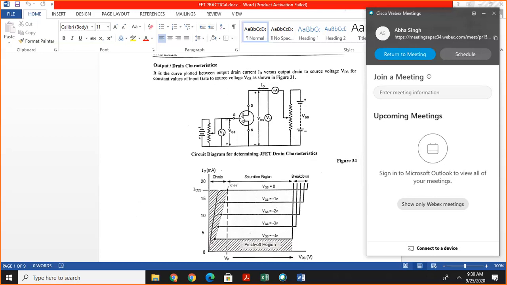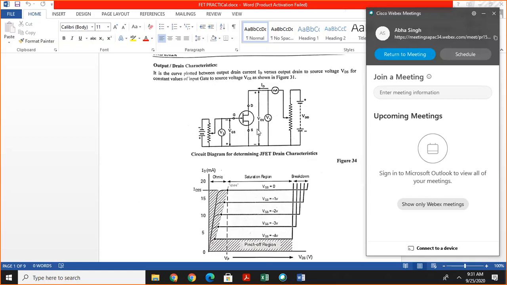This is junction FET. It has three terminals: drain terminal, gate terminal and source terminal. Here first we apply a potentiometer. This potentiometer is connected between gate and source, and this voltmeter is used to measure the voltage between gate and source.